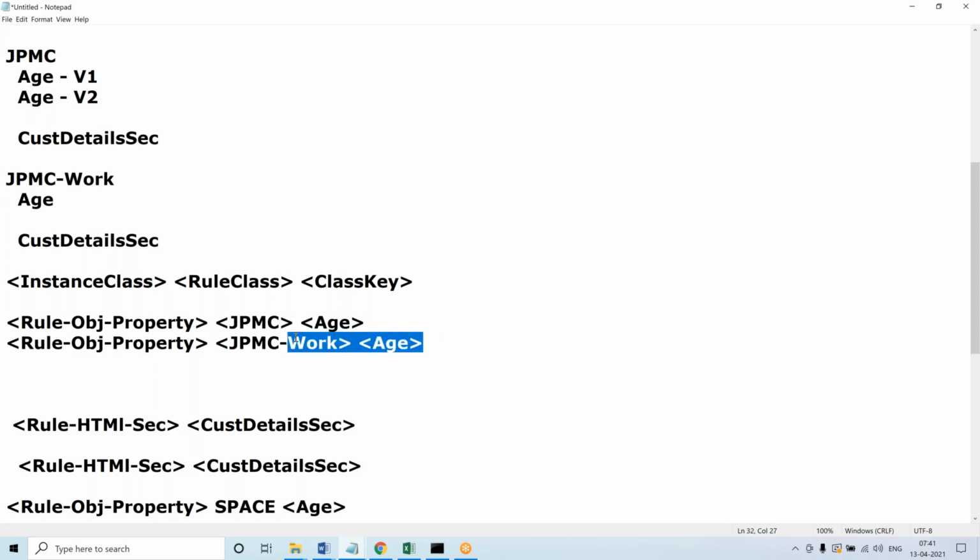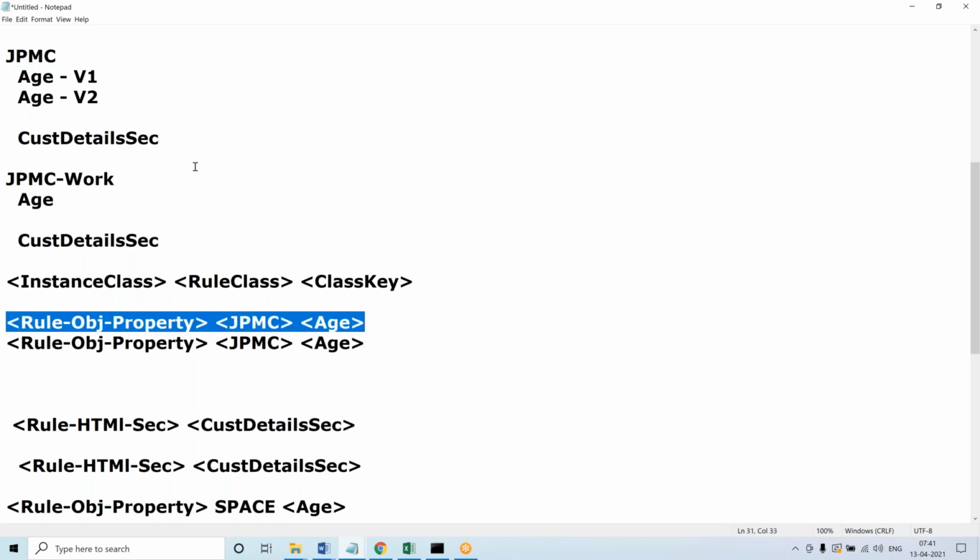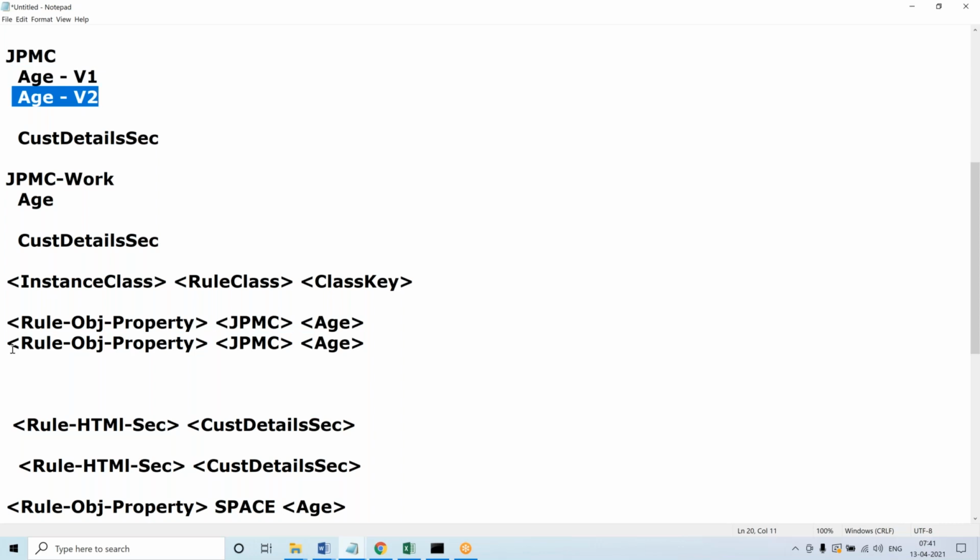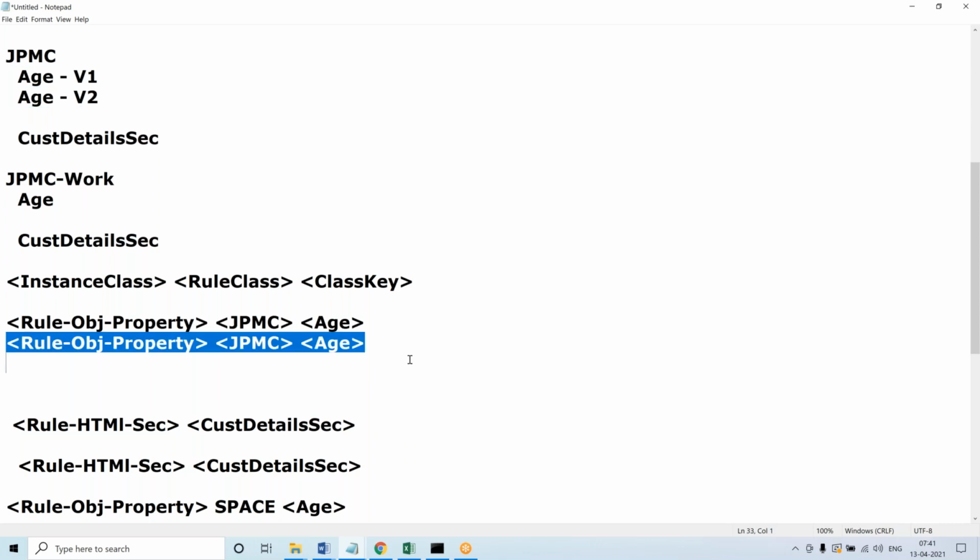Now for this second age property, what is the PGINSKey? In the same class, for this one PGINSKey is this, and for this version 2, PGINSKey is this one. So both are now matching or not? PGINSKeys are matching. Yes. It is duplicated. Now, is it possible to store only with these 3 parameters? Again, no. With the 3 parameters, is it working out or not working out? It's not working.